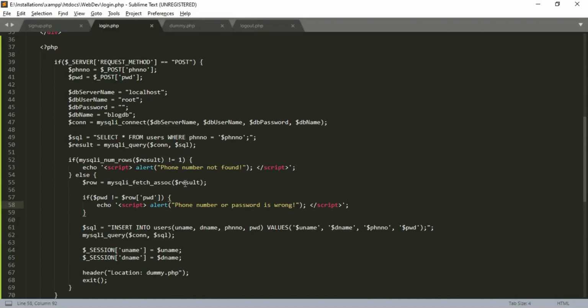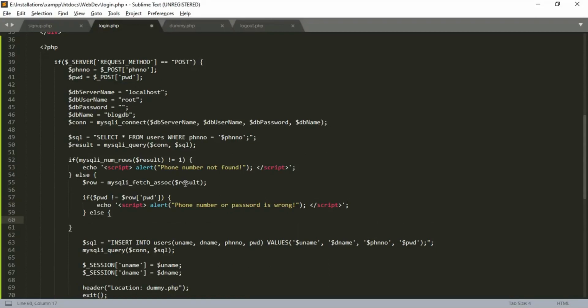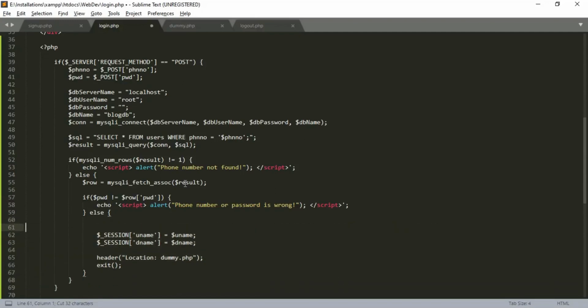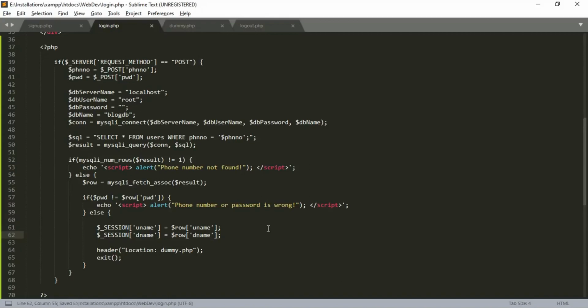In case the details match, we just add the user details to the session variables and redirect them to the next page. Session uname equal to uname, session dname equal to dname, and header of location dummy.php and exit function.